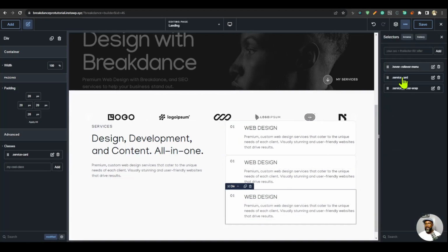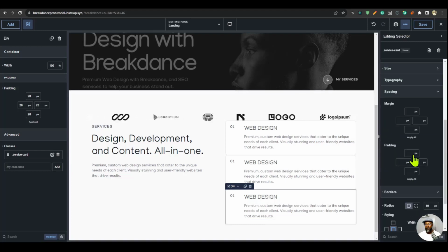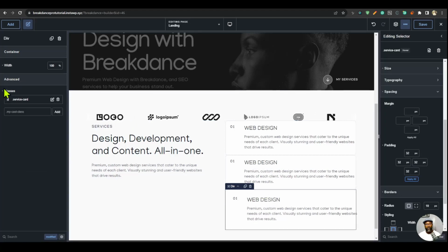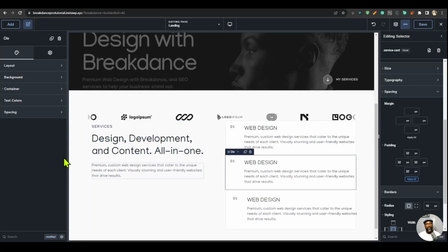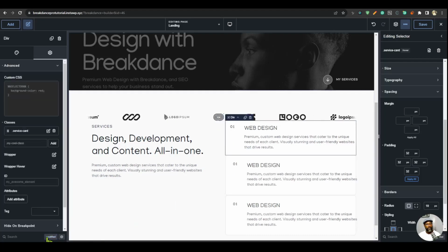Let's go back to the card, and I'm going to go to spacing. I'm going to give it a padding of 32 pixels all round. And the reason that is not working, of course, it appears we also had paddings on the ID level because I copied it from here. I'm going to remove the padding from that ID, go to modified, remove the padding, go to modified, remove the